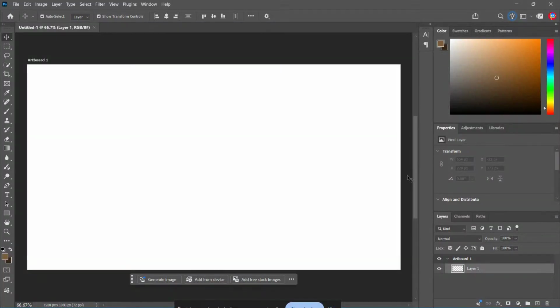Today I'm going to show you how to make a realistic wood texture in Photoshop from scratch using a very simple process that gives you natural looking grain, depth, and those little imperfections that make the surface feel believable. This is a great technique for backgrounds, mockups, design projects, and anytime you need a fast custom wood texture without